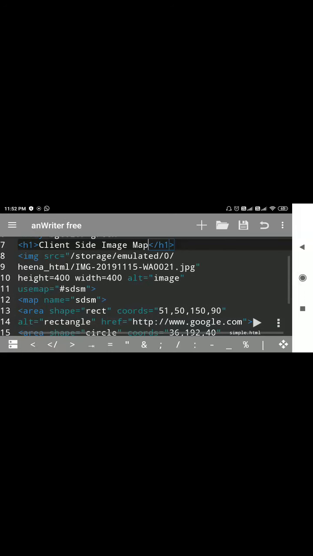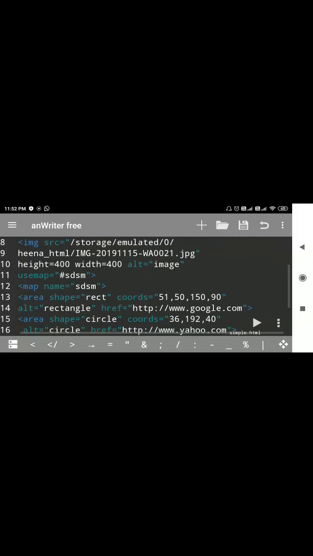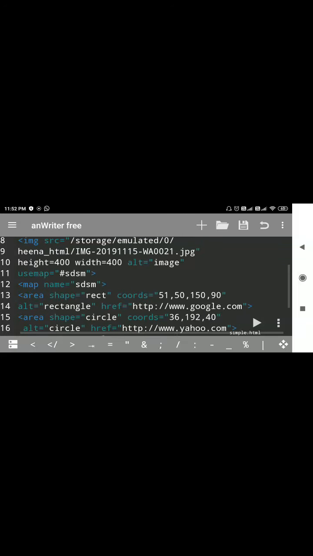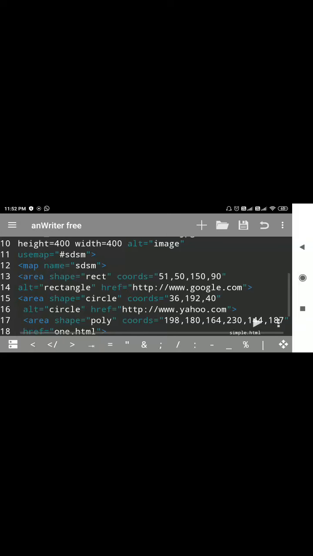Then we'll insert an image with the img tag with its compulsory attribute src. Then we'll make use of height, width, and after that the alt attribute, and the most important one is usemap. We use the value hash sdsm, then we'll make use of the map tag, whose attribute name is equal to sdsm.